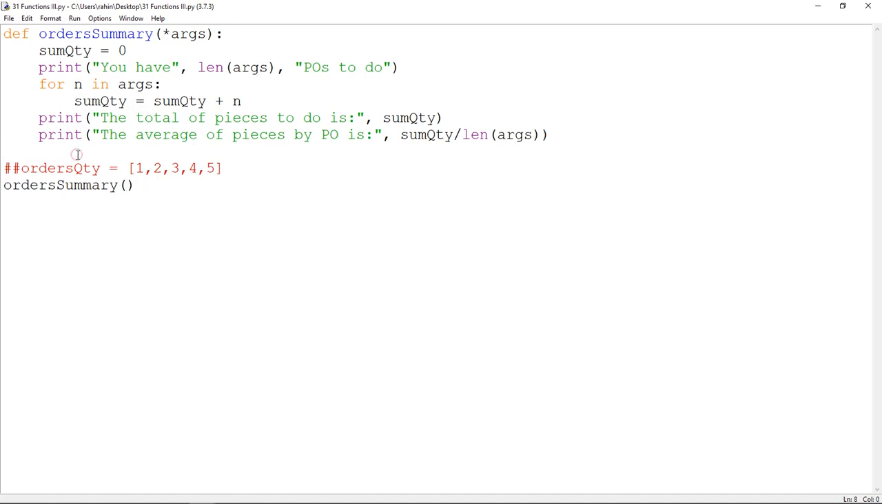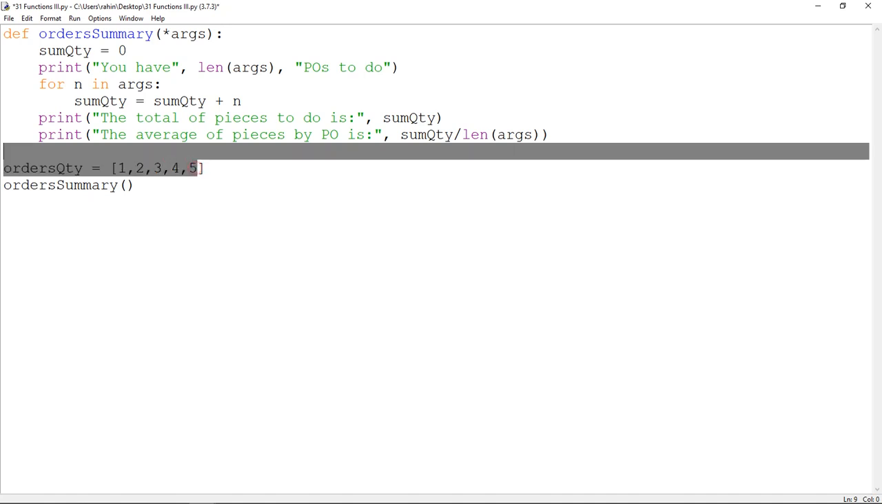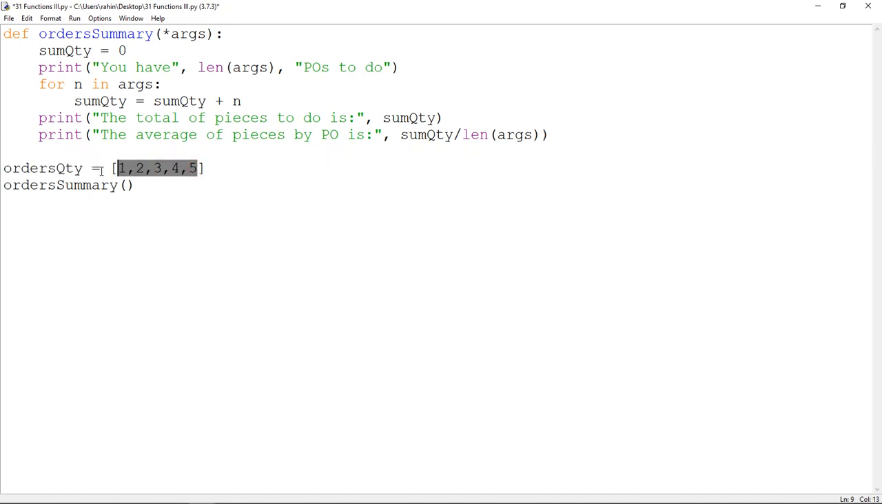Now another common thing that may happen is that we may have a list, right? It could be a list or it could be a tuple. In this case, I'm going to be using the same values, but I'm going to make this a list and put it in this variable. Now I'm going to pass the variable to the call of the function, and let's see what happens. If we save this and run it,